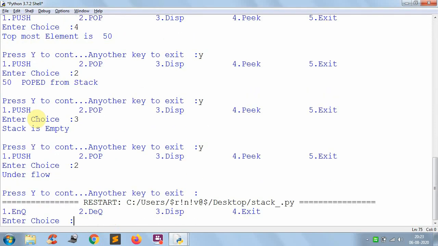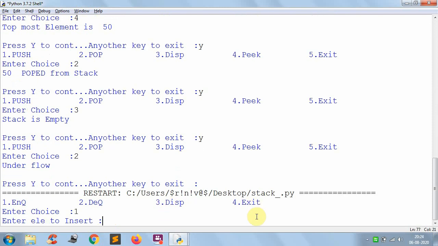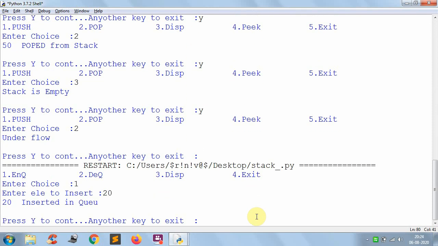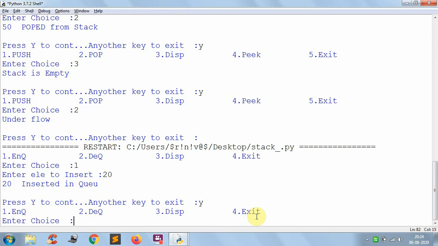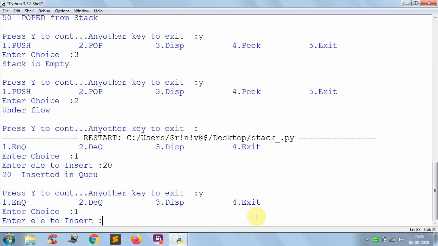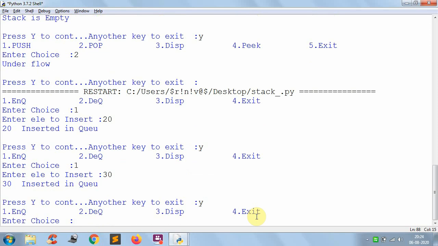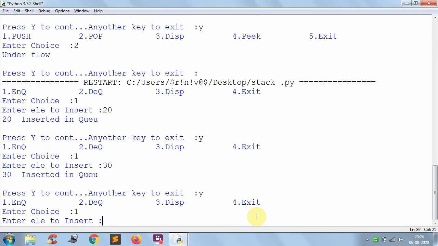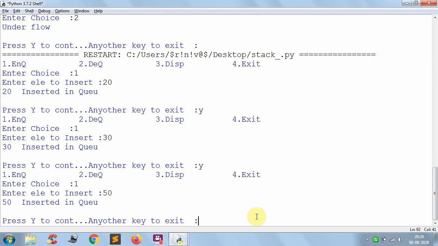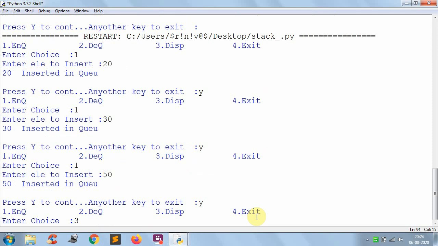So now here nq, dq, disp and exit. First go for nq, add 20, inserted. Y, again go for nq, I inserted 30. Again nq, I inserted 50. Now try to display.